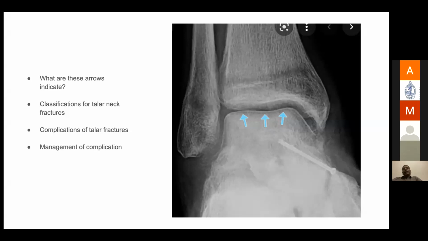Okay, so these are the major complications: avascular necrosis, ankle arthritis, subtalar arthritis, and also talonavicular arthritis. Okay, so the management of complications depends on the amount of avascular necrosis. You don't have much to treat for avascular necrosis, but for ankle arthritis, initially conservative treatment, followed by ankle